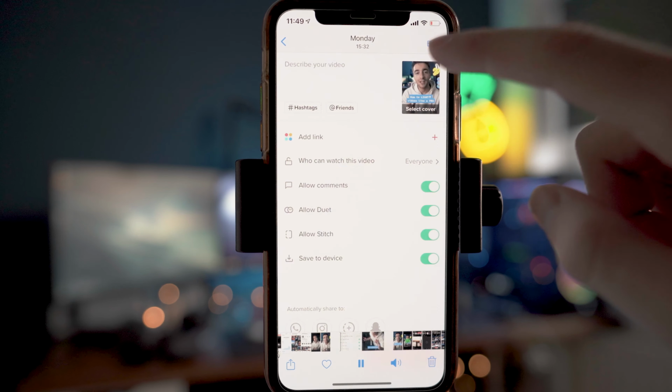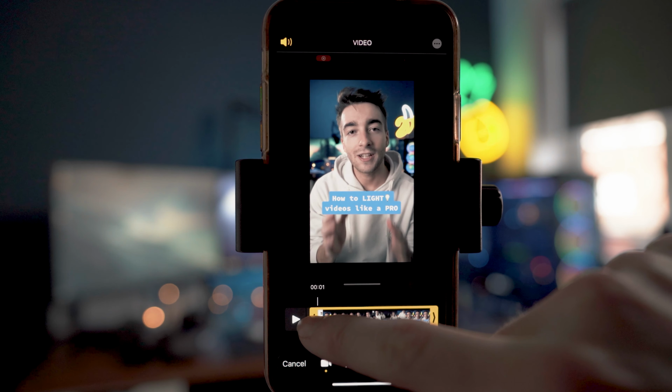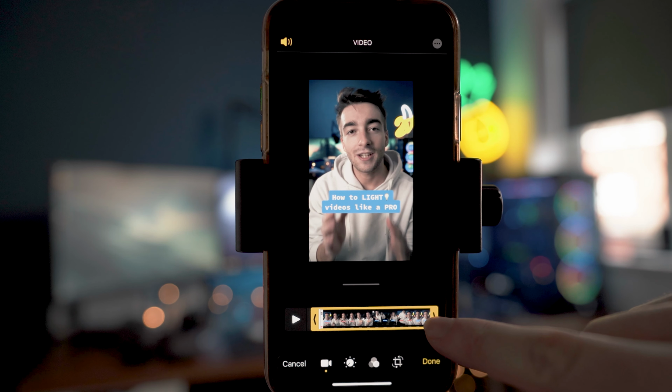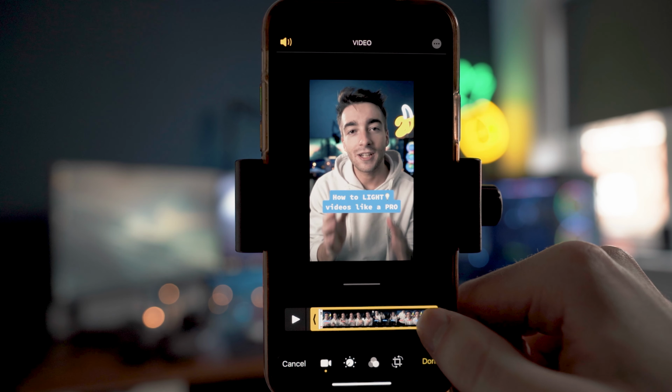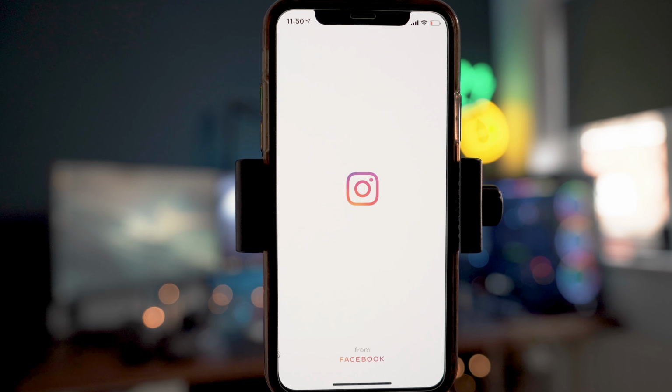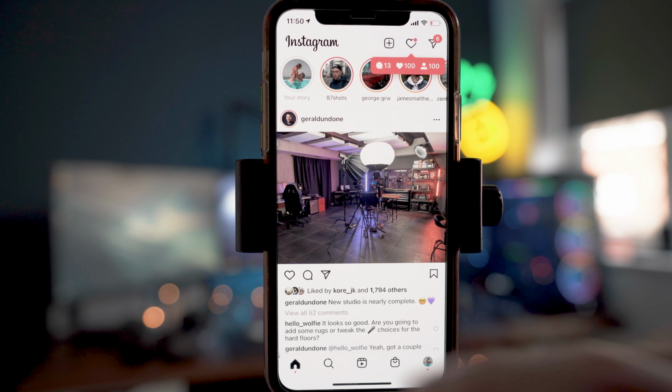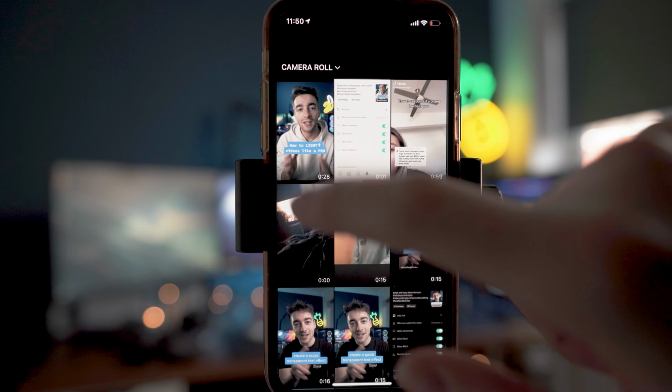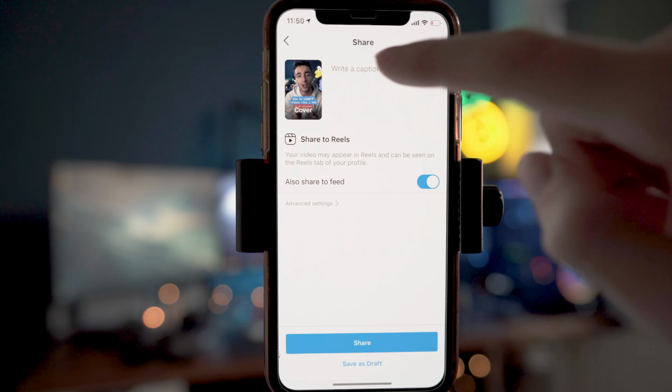So once I've screen recorded my TikTok video, I'll then head over to a photo app and then I'll trim the start of the video and the end of the video so it hasn't got that screen recording effect on the video. Once I've done that, I'll head over to Instagram Reels and YouTube Shorts. I'll paste in my description and hashtags, and then I'm pretty much ready to post in a matter of minutes,